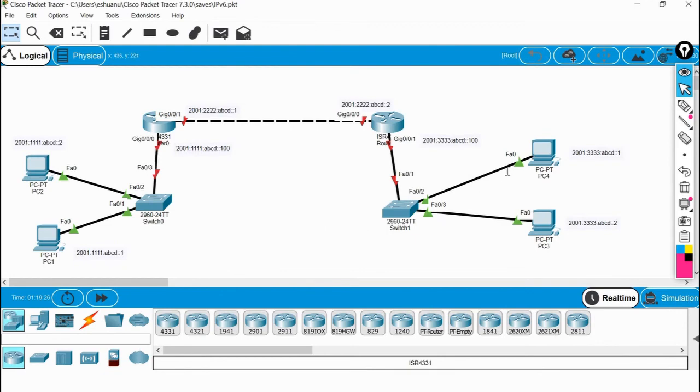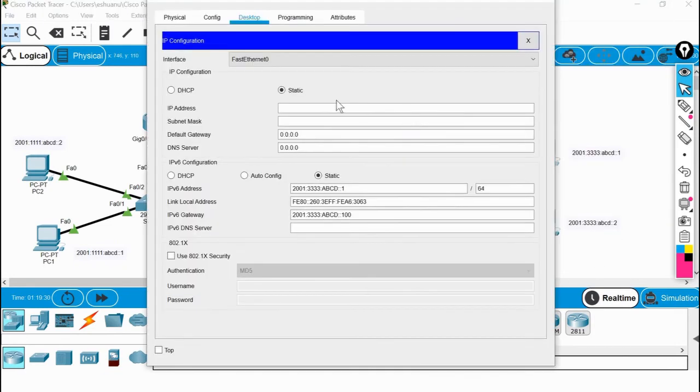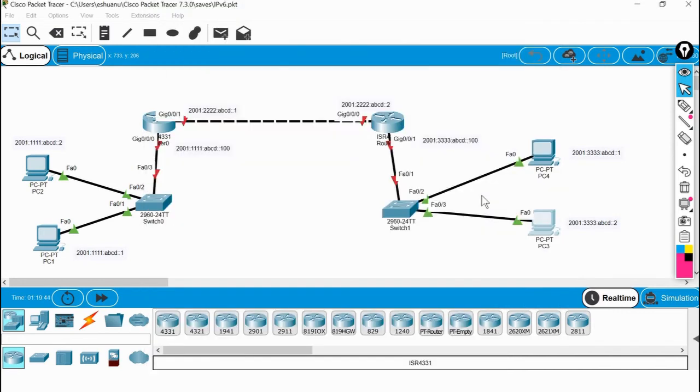Perfect. Yeah. So the same thing should be here. Let me check it. There should be 1 and this should be 2. Yeah, this is 1 and this is 2. And the default gateway here I'm using the prefix as 333. You see that this is 3. So 3 prefix here I'm using